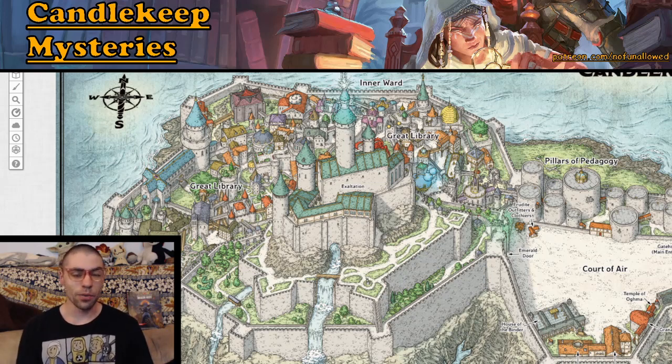So, of course, we have to ask the question, what are the Candlekeep Mysteries? They are just a collection of 17 different adventures that you can go ahead and run. Of course, every single one of these adventures do have elements of mystery in it. Some much more than others. Some of them do have some investigation. Some of them have your players guessing until the very end. And some of them, in fact, might have you guess until later.